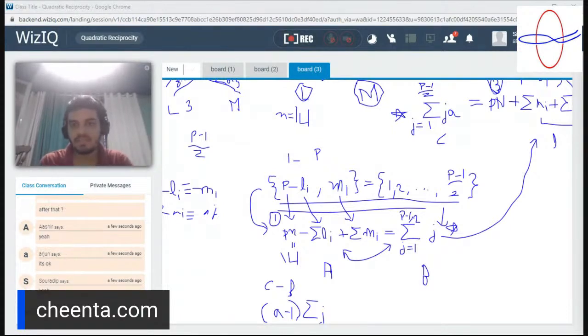So (a minus 1) times summation of j is equal to b times (capital N minus small n)